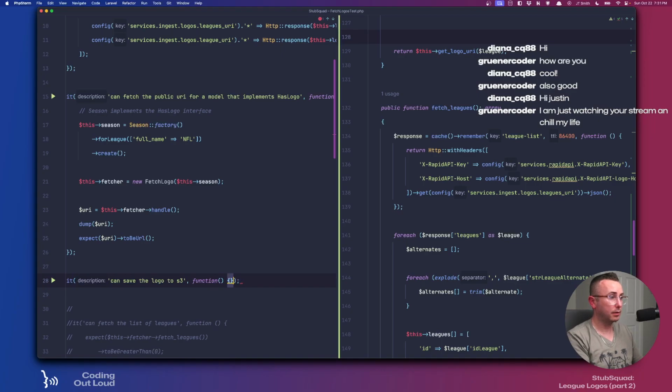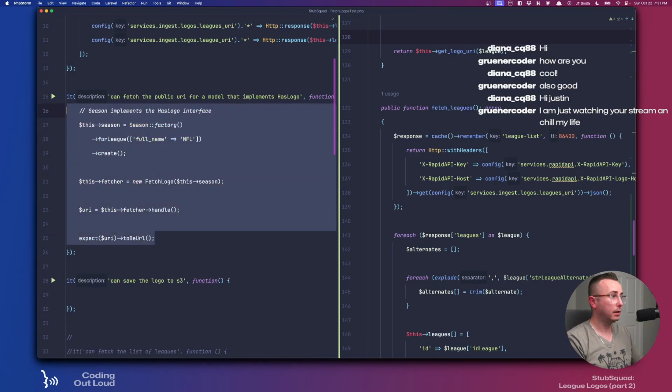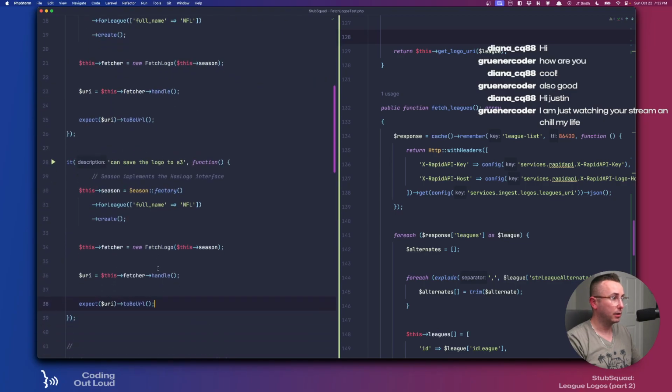Function that, okay, and so remove that. That can be like that. And now we can say, okay, so the URI is what's being handled. What we really want, though, instead of the URI, is we want to say